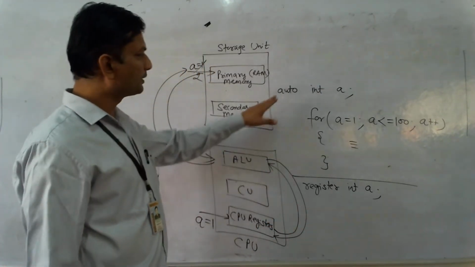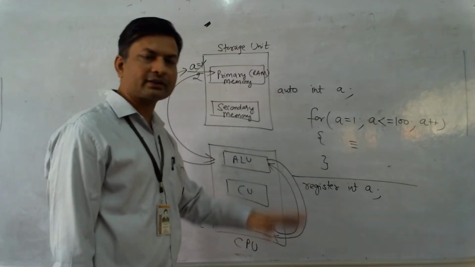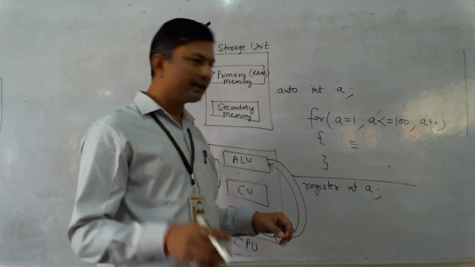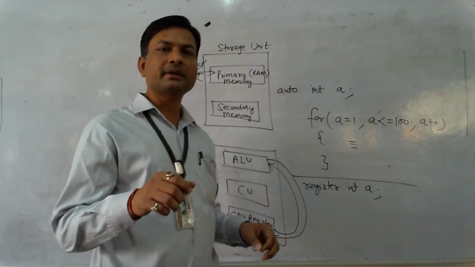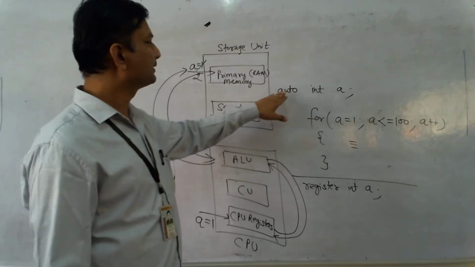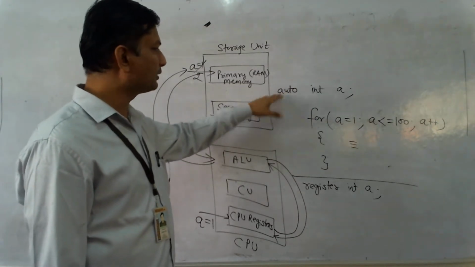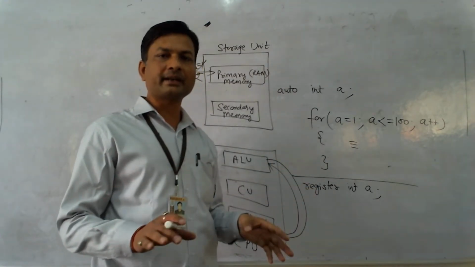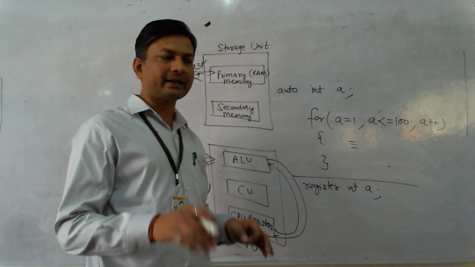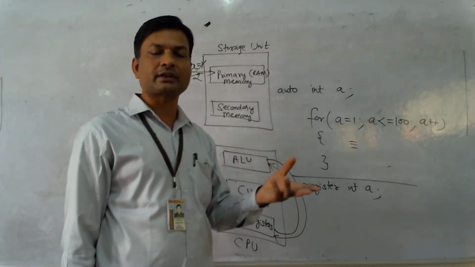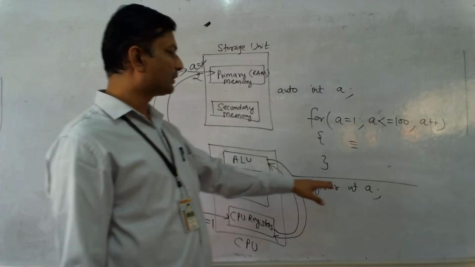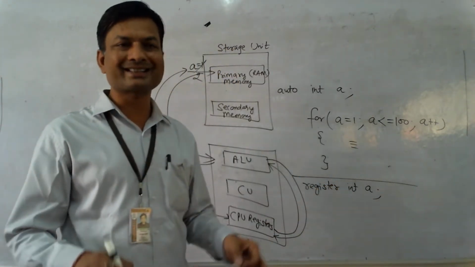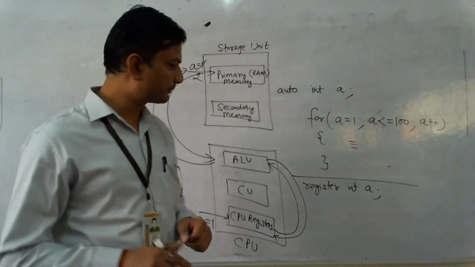I hope the difference between auto and register storage class is clear, and it is also clear in which case we must specify the storage class as auto, and in which case we must specify the storage class as register. I am repeating again, if as a programmer we know that a variable requires lots of calculations again and again, in that case only we can specify the storage class of that variable as register, because it saves lots of our time, right?